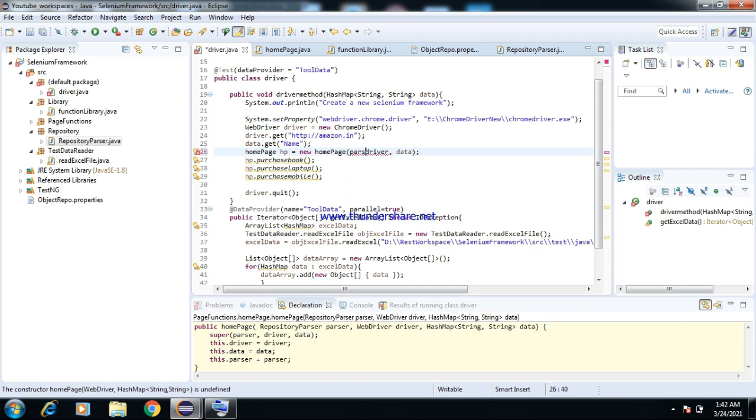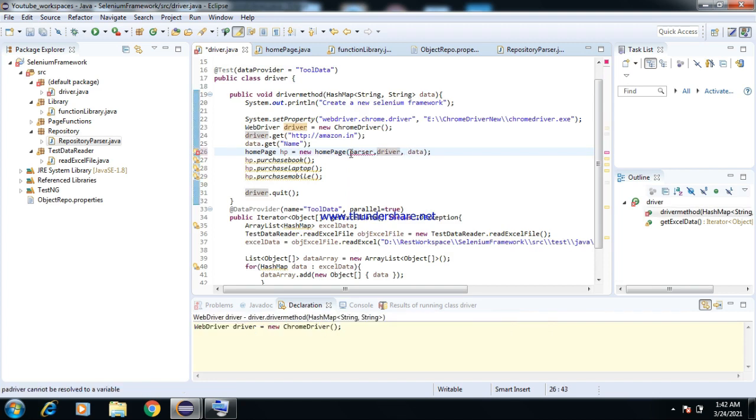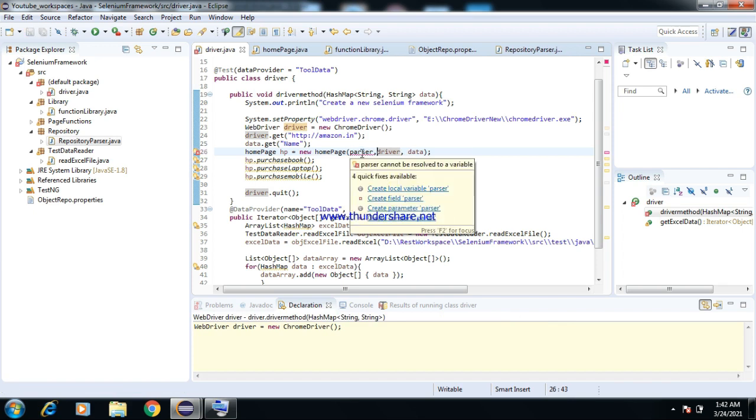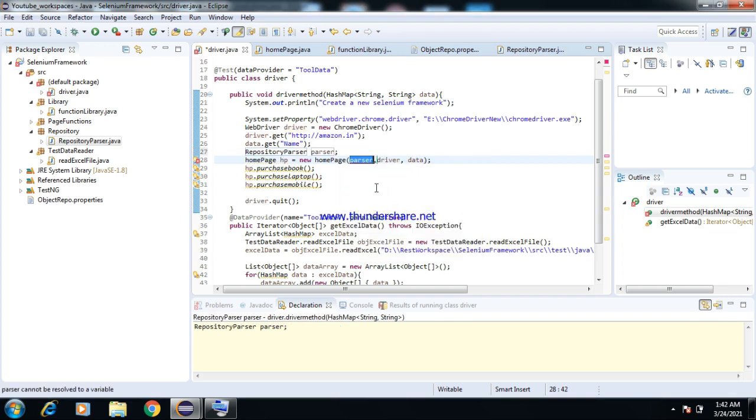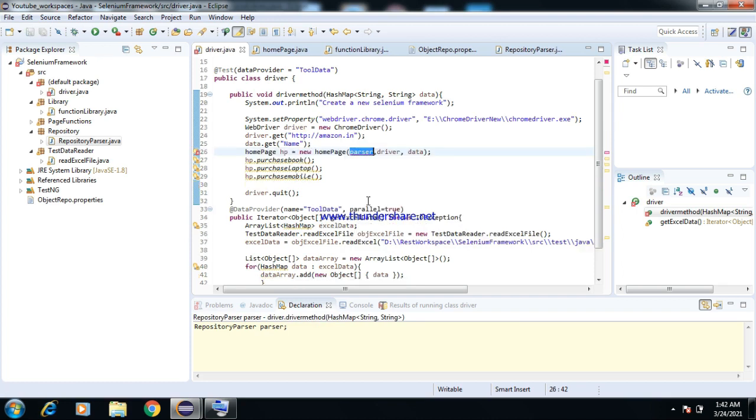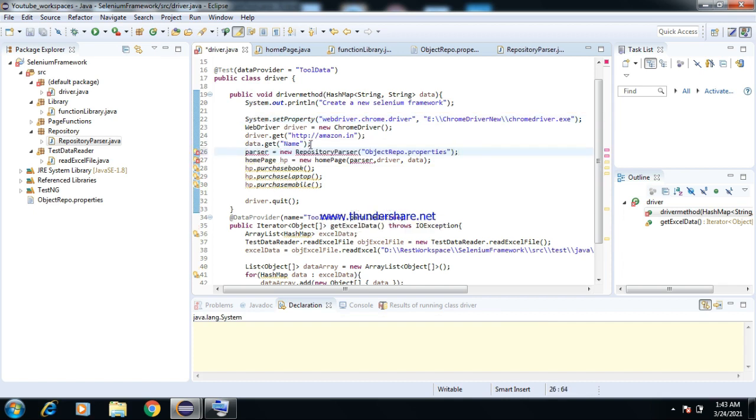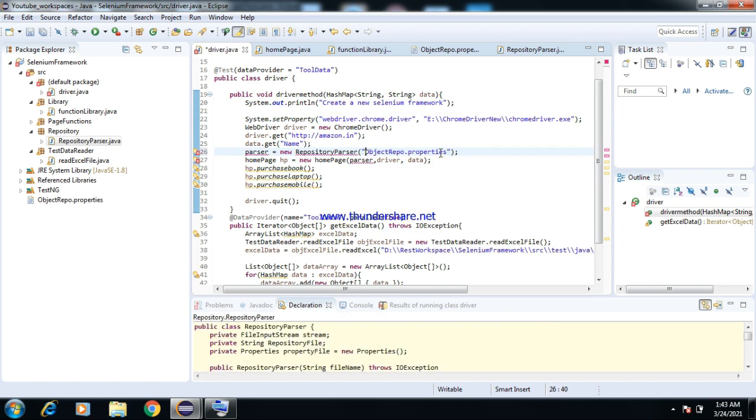Here I am making similar changes in the home page also. I am passing the parser parameter. I need to declare that value here. I need to declare this globally, so over the class. So here I am adding the code to read from this object repo.properties.